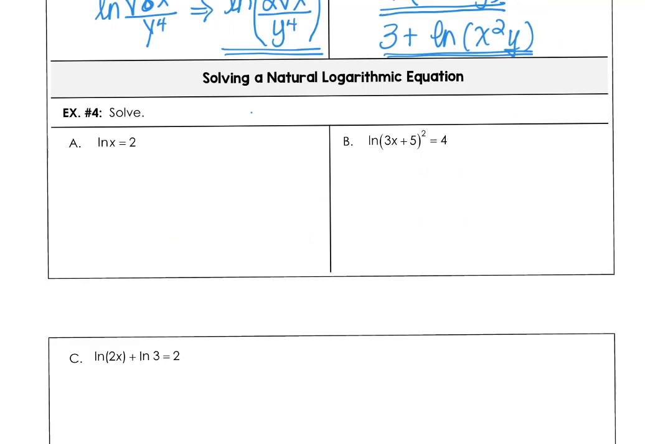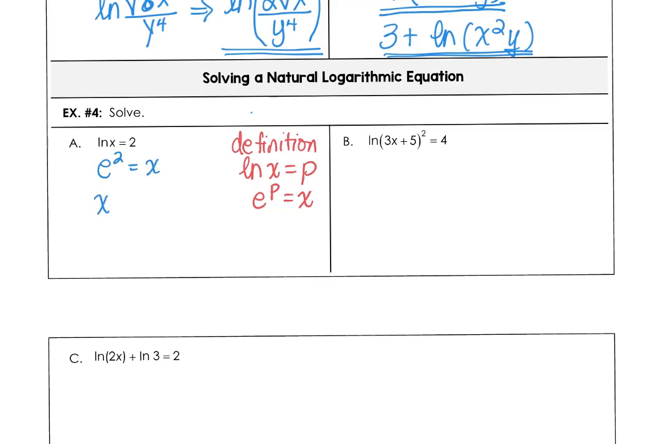In example 4, we're going to solve equations here. We've got 3 easy ones. I want to remind you of the definition of logarithm. If I have the natural log of x is equal to a power, I know that that can be rewritten as e to the power is equal to that number x. For example, in part A, we could think of this as e to the second equals x,